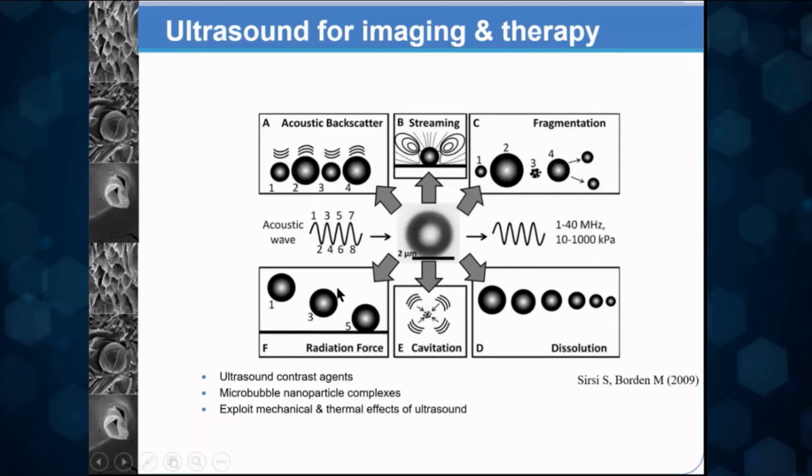Based on their oscillation, on the one hand, you get the imaging of ultrasound contrast, but as you change the intensity of the ultrasound, you can also get very forceful bursting of these bubbles, which is referred to as cavitation.